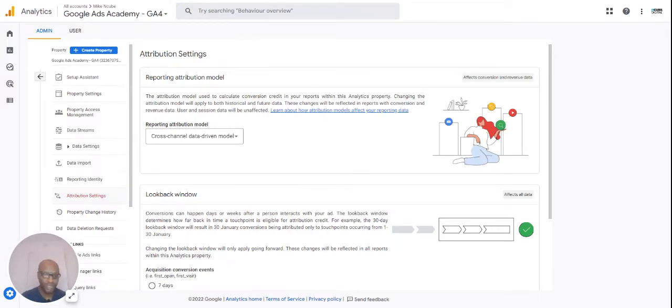Basically, it's a way to assign credit to different conversions in your report. Many times people will come to your site, maybe they've come through a PPC ad and they've converted, and it looks like it's PPC traffic, and PPC traffic has driven that conversion, which is great. But many times there are other channels that contribute to that conversion. So maybe someone may have come through a social media link first of all, then they search for you on Google, clicked organically,